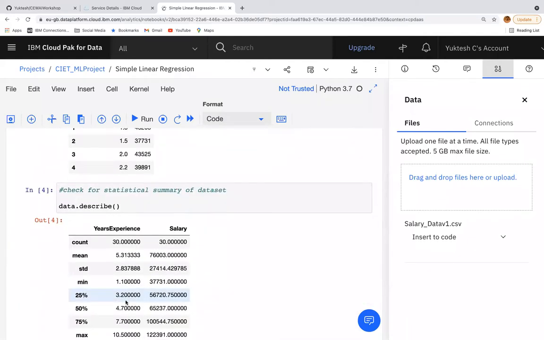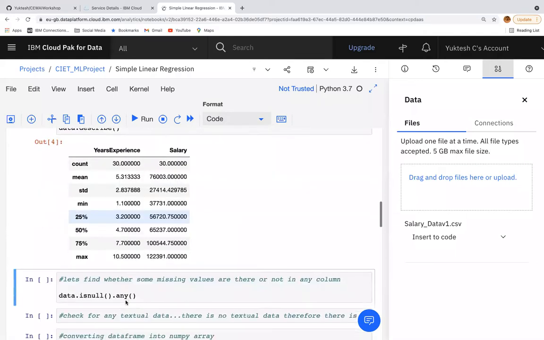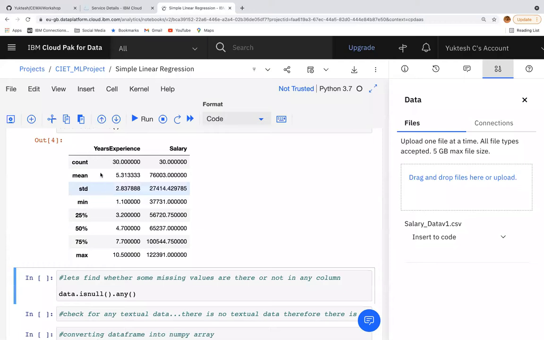Basically, to see the spread of your data, the statistical summary of your data set, describe is a function we use which is present in the pandas module. Using it with the data object you are reading, these are all statistical information. The total number of rows, the mean average, the standard deviation, the way the data is spread, how data points deviate from each other, the minimum value, maximum value, percentile.